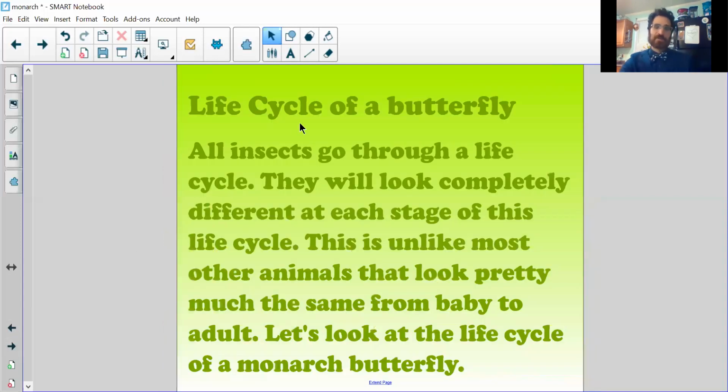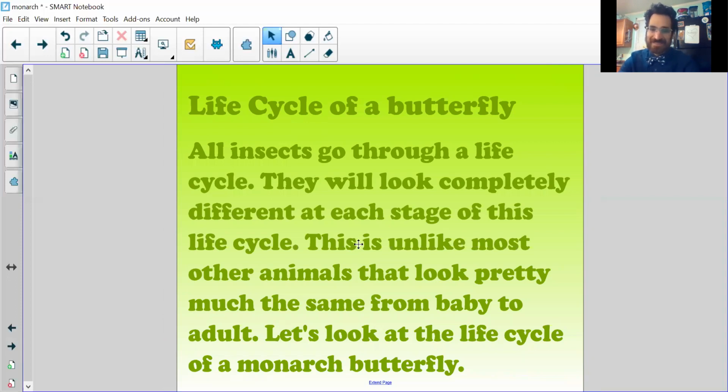Let's talk about the life cycle of a butterfly. So all insects go through a life cycle. They will look completely different at each stage of the cycle. And unlike most other animals,